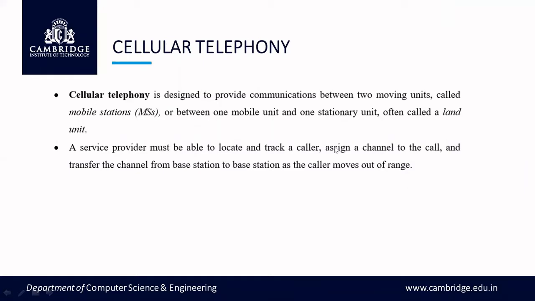If he finds a channel which is free for communication, then a channel can be established between the two persons who are trying to communicate, and this transfer of channel information has to be updated from your PSTN to your base station. As and when a caller moves out of the range of that cell, there should be a handover from that cell to the next cell which is available for communication.